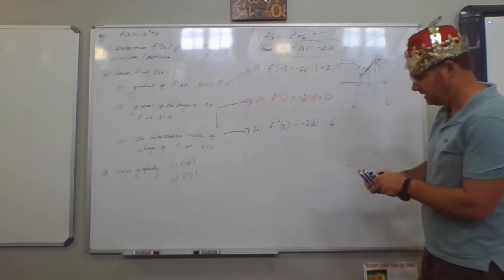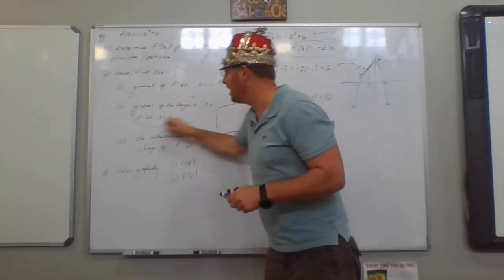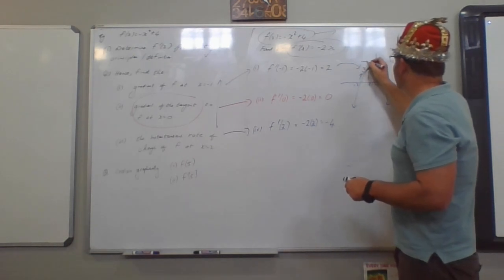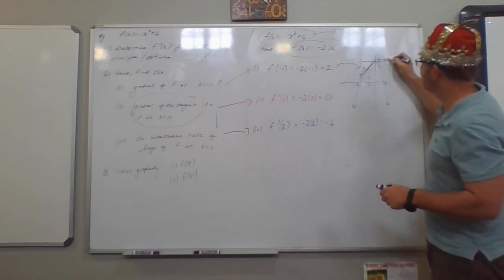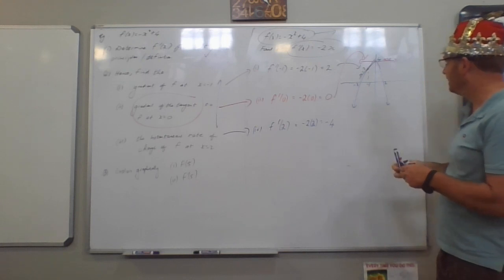Okay, the next question that we did, what's the gradient at x is equal to 0? This question over here. Well, that question over there has got to do with this here. Here is when x is equal to 0. That's your turning point. So your gradient is equal to 0. So that's that bit over there. And then last of all,